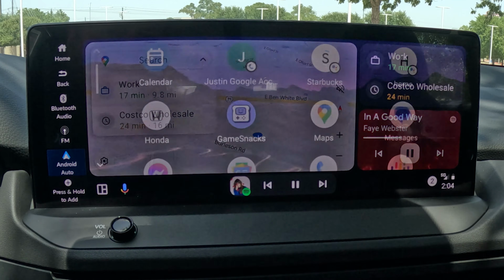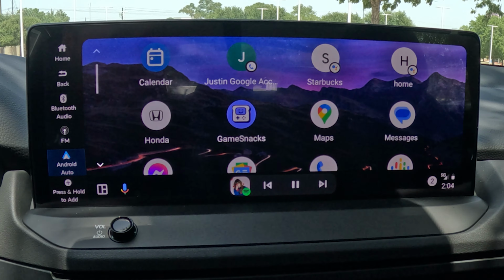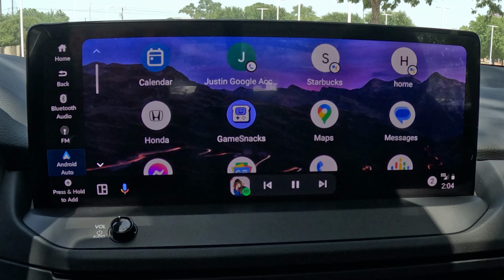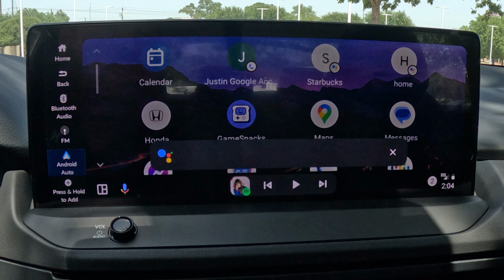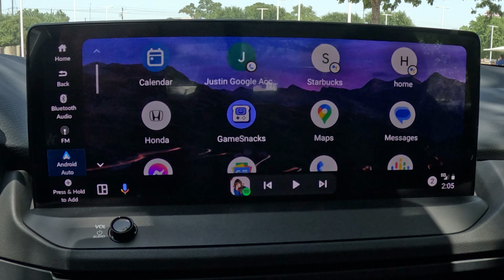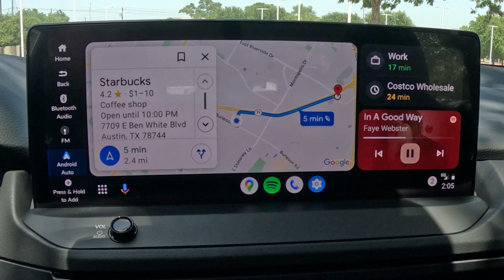Now from here, I want to go to this screen. You'll see that my custom background is still what I changed it to. The calendar has moved. My Starbucks, so I can click this. It'll then give me directions to the nearest Starbucks. "Starbucks is 5 minutes from your location by car in light traffic." There you go, and then it's going to pull up Google Maps for me and start directing me to that nearest